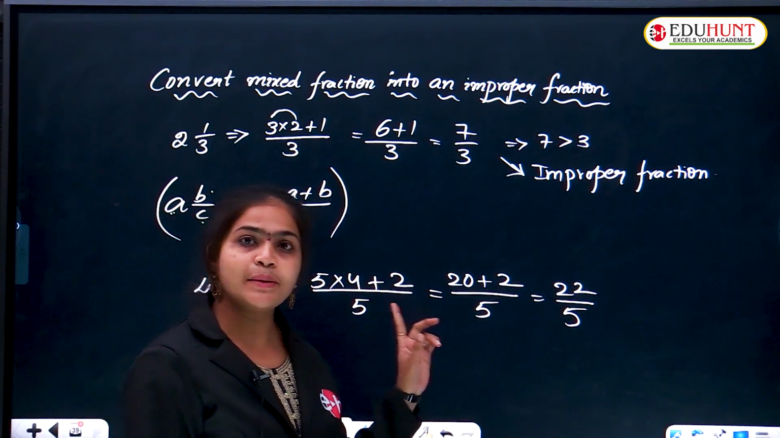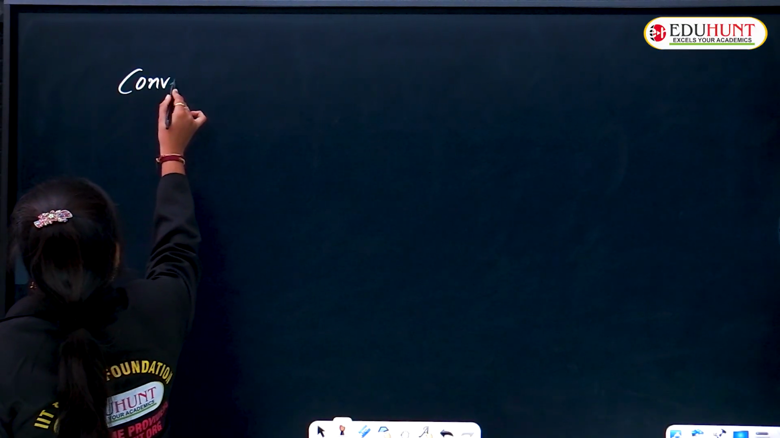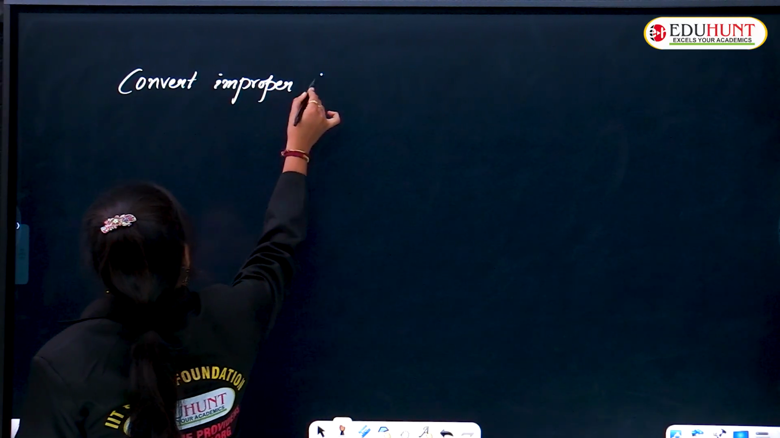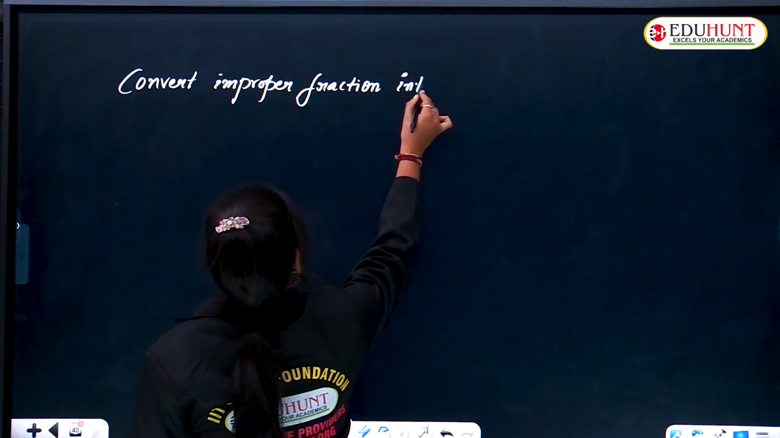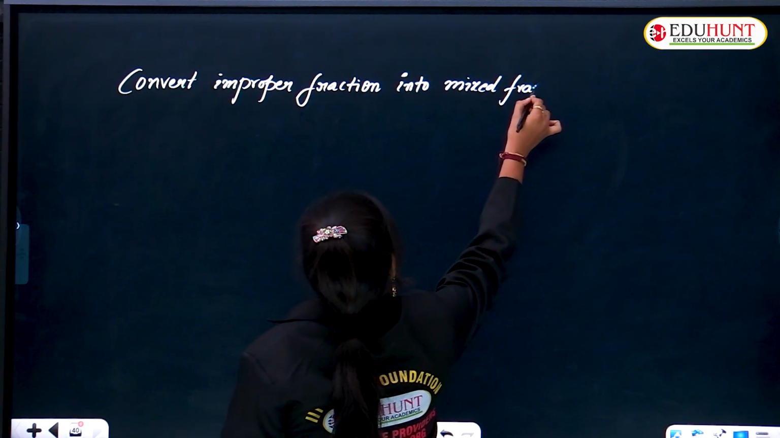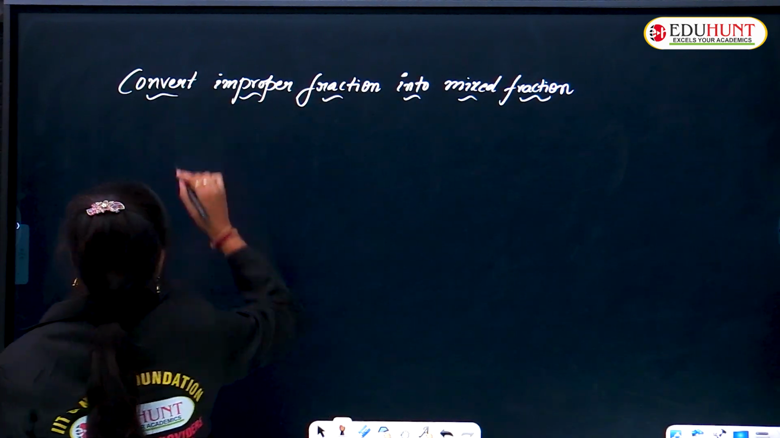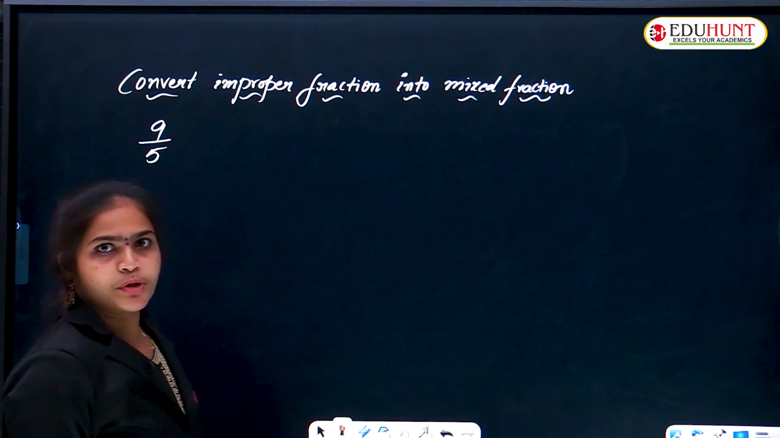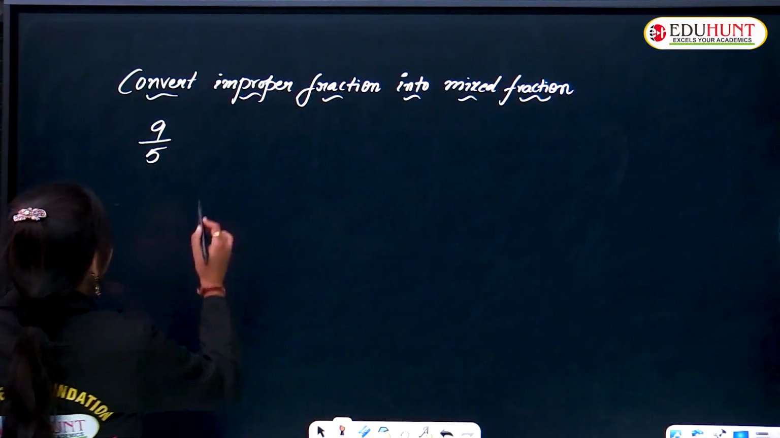Next, how to convert an improper fraction into a mixed fraction? Convert an improper fraction into a mixed fraction. For example, the improper fraction is 9 by 5. 9 by 5 is an improper fraction only, no? How do we convert it into a mixed fraction? Here we have to do